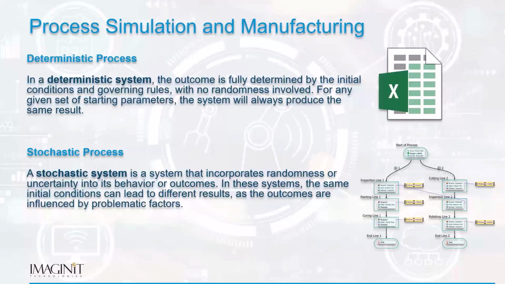But most real-world systems are very rarely deterministic. They're mostly going to be stochastic. A stochastic system is a system that incorporates randomness or uncertainty into its behavior and the outcomes of the simulation. In these systems, the same initial conditions can lead to different results, as the outcomes are influenced by many probabilistic factors. It's a formula-based process versus something the real world has to deal with, where randomness is a part of our